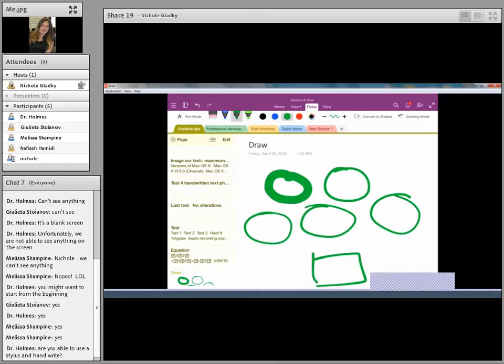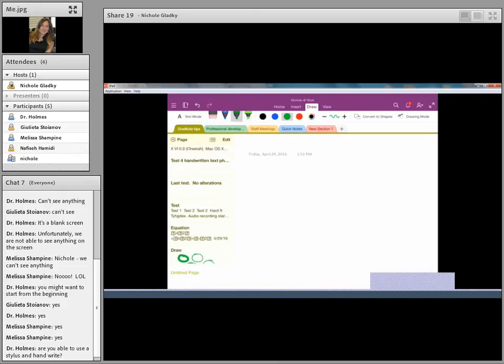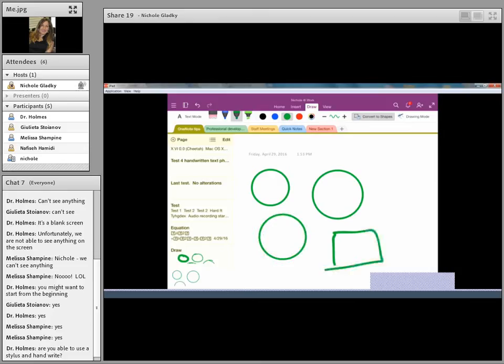I'm going to do a new page. If I want to make nicer shapes, I can tap the convert to shape, and then I can draw my circles here. Okay, and then here's my podium. When you're going to draw mode,